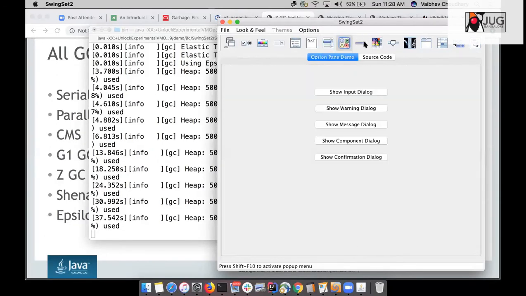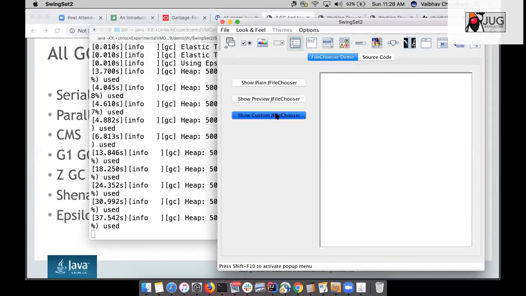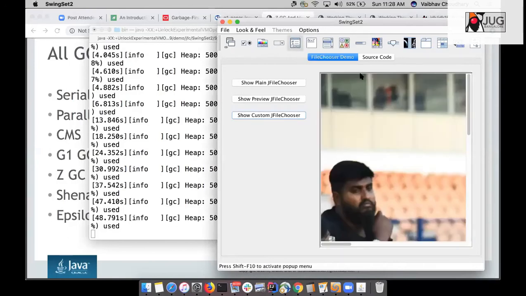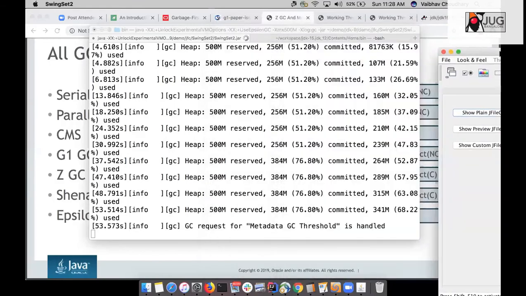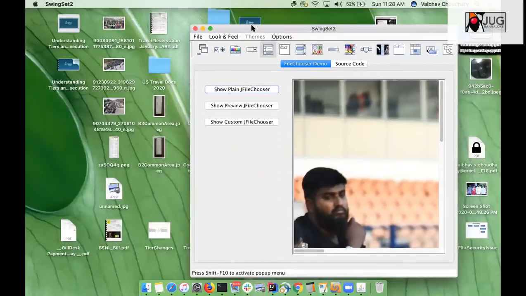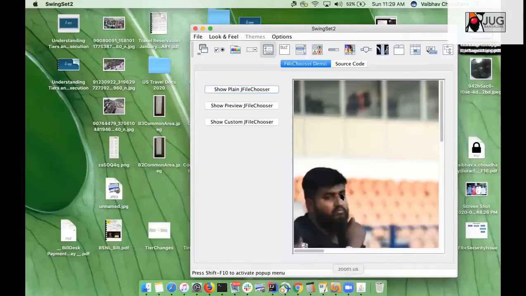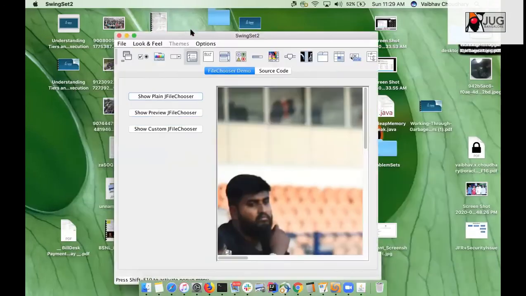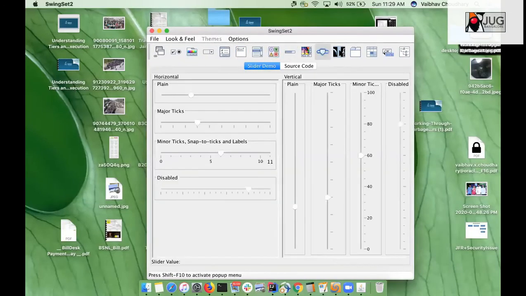Let me go to the J file chooser. That guy, I will give a big heap from. Yeah. Load my picture. Okay, some picture I was running something. Source code. We are on 80%. Where is that? Window went. Okay, the window moved to other side. No, not a problem.